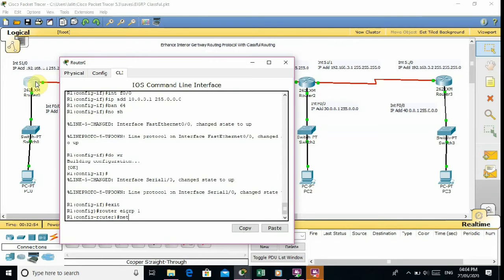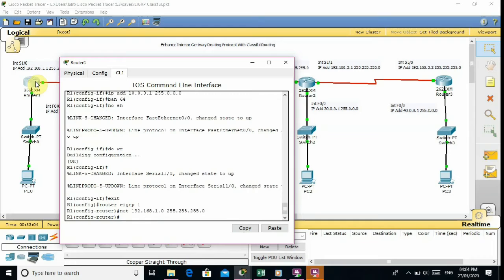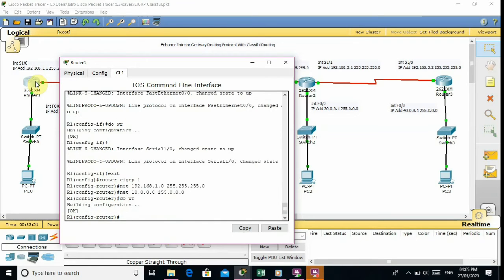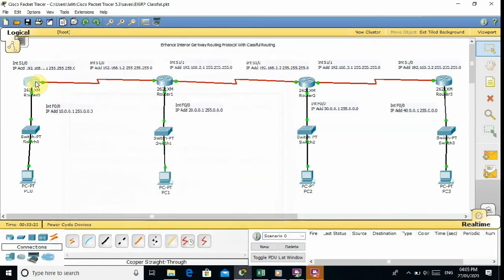This command is with group. Network is 192.168.1.0 and 255.255.255.0. This is the subnet mask. Also the second network is 10.0.0.0. Subnet mask is 255.0.0.0 and enter. Save this configuration with the do wr command.